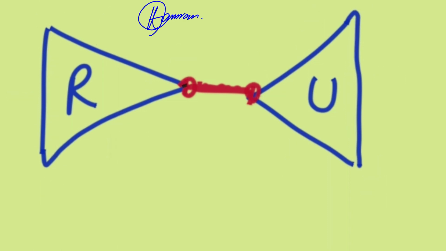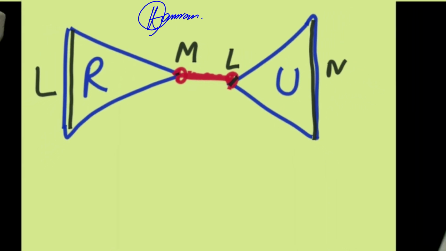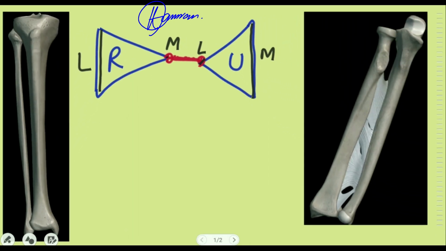So let me repeat only the odd ones. Radius has got a medial border towards ulna, and a surface opposite the medial border is the lateral surface. Ulna's interosseous border is lateral, and against lateral, ulna has got a surface that is the medial surface of the ulna bone. Now I'll draw the bones of the leg and will show you how the alignment is different from